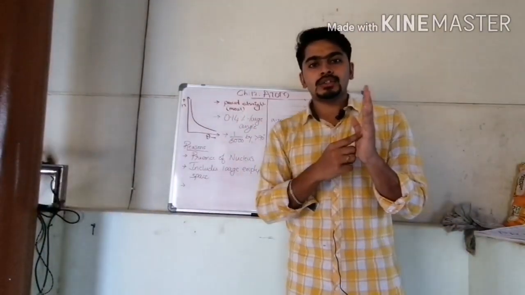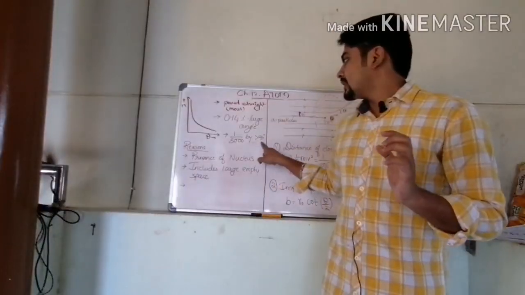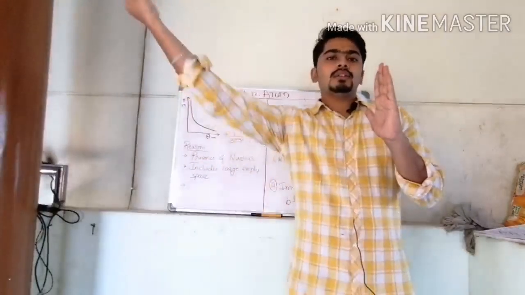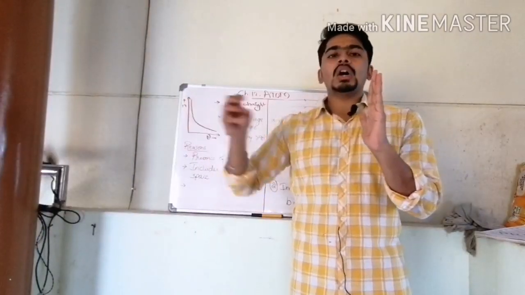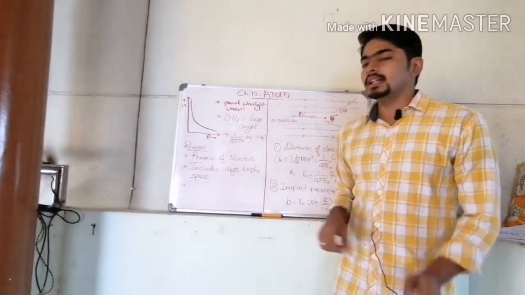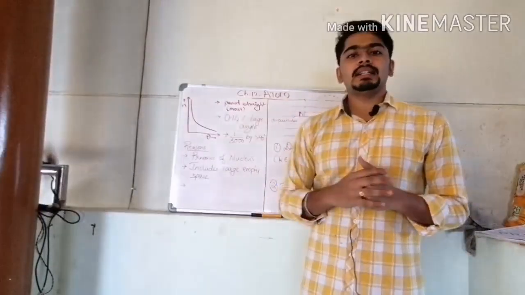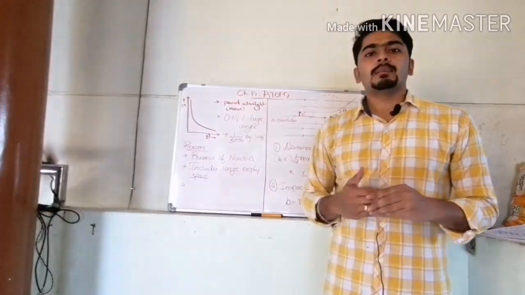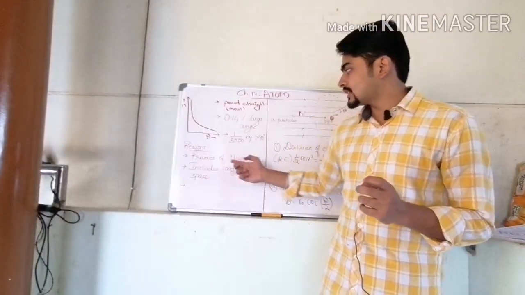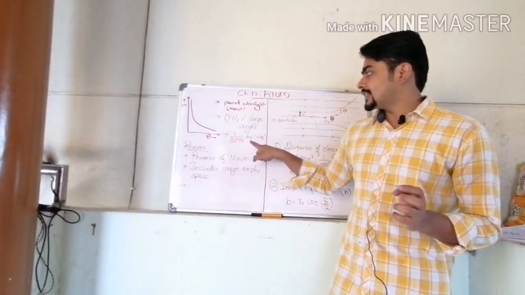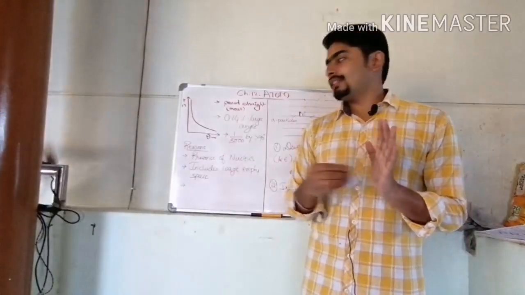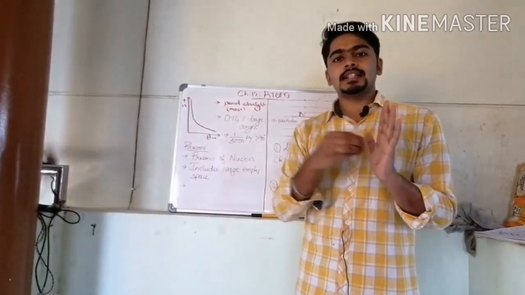Only 1 in 8,000 will get deviated by more than 90 degrees, meaning the alpha particle comes like this and goes back like this, or it traces the same path which it has traveled. So 1 in 8,000 got deviated by more than 90 degrees. These are the observations made by Rutherford, and I have also explained the reasons here. Because of the presence of the nucleus, 1 in 8,000 scattered by more than 90 degrees, meaning it must be having the same charge as that of the alpha particle.